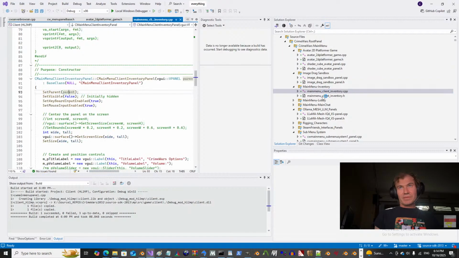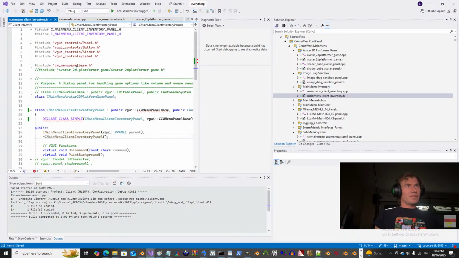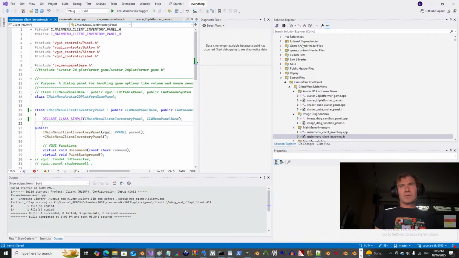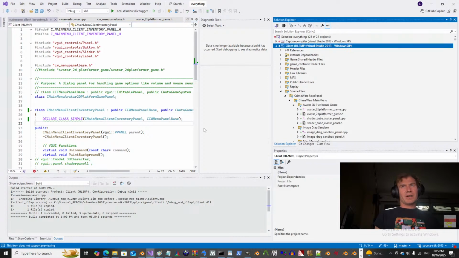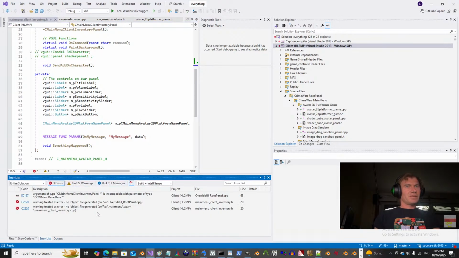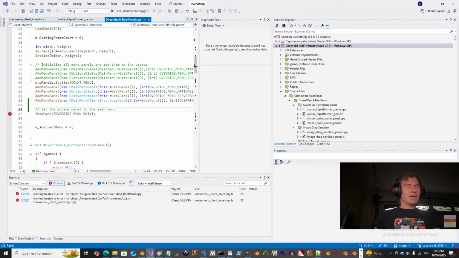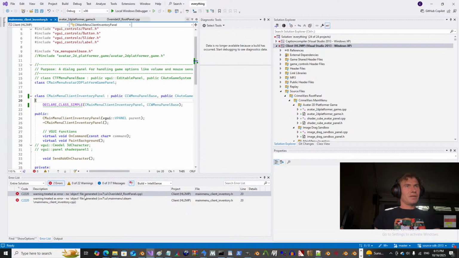So we have to open this one, base it off of this one. Then the base is already included. I don't think it's a VGUI. So we have to get rid of that. Let's try to compile it. If we get an error, I don't care. Okay, so that error went away. Kind of. What is the error now? Warning treated as error, object file generated. Alright, let's go look at